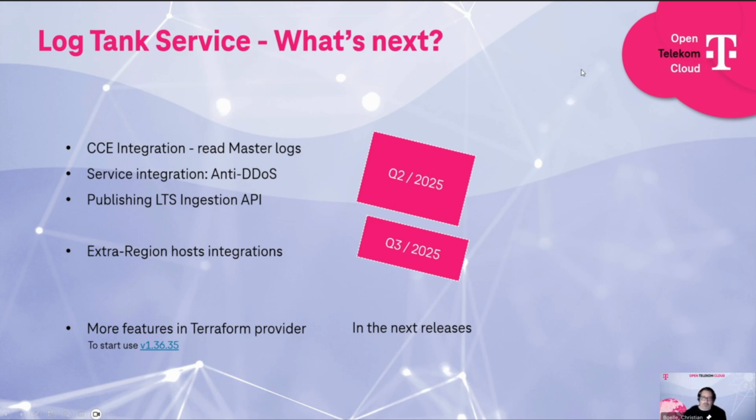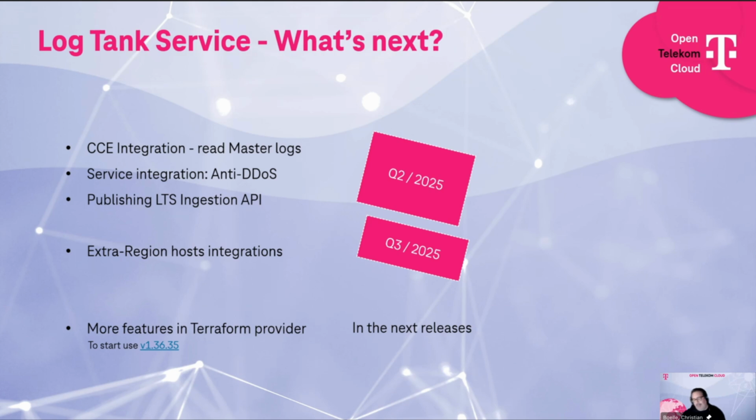So right now, what is on the plan for this quarter is we want to release a new feature to also get the master logs of the CCE integration. Then the anti-DDoS service will be integrated, so that you automatically get the logs in LTS from the anti-DDoS service. And then there is something we call the so-called LTS ingestion API,